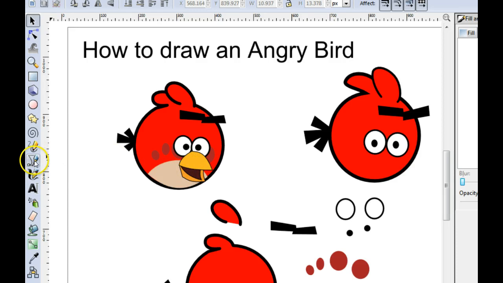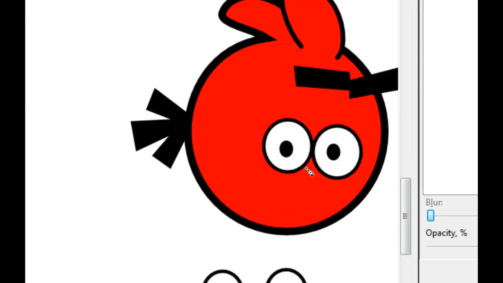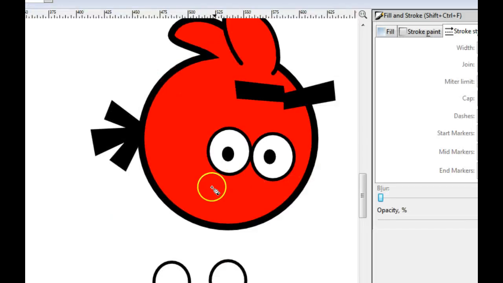So let's click on the Bezier tool and go ahead and let me zoom in a little bit. To zoom in, you click on the mouse wheel, or right down here in the bottom right, you're gonna have a zoom in button. So to get that shape of the beak, I'm going to draw a triangle like this,